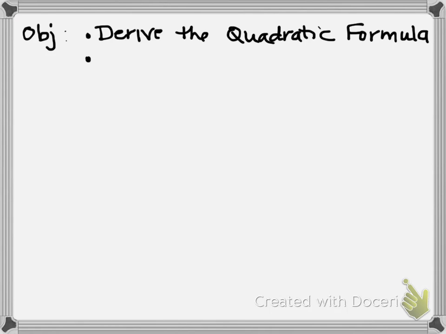So if you notice the directions on the board about your homework tonight says factor, use quadratic formula. If you can factor by playing the game, it's far faster for you to do it. If you can factor because you recognize you have the difference of squares, it is far faster for you to do that. If you can factor because you see it's two terms and there's a GCF, then factor, okay? If you notice you've got a quadratic term and a constant, isolate the quadratic term and take square roots, and